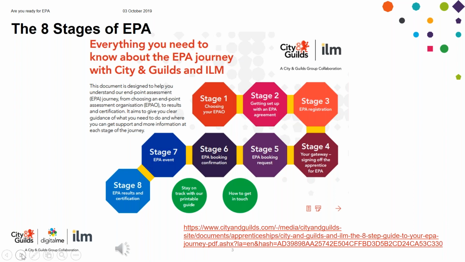Stage 3, EPA registration. Once you've set up with the standard, you can then start to register learners. Registration fee is £25 for every standard we offer, and this gives you access to the endpoint assessment preparation tool for the learner, which helps them prepare their soft skills required during professional discussions and presentations, etc. And also provides tutors with access to mock knowledge tests and additional resources to support them throughout the apprenticeship, and